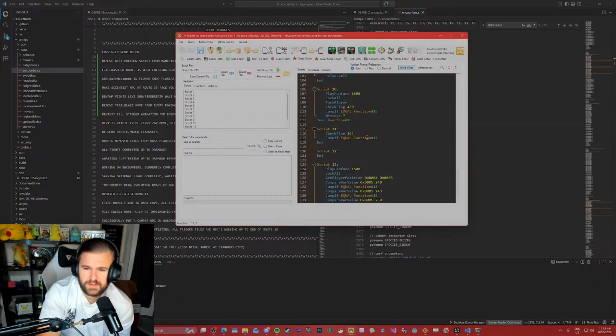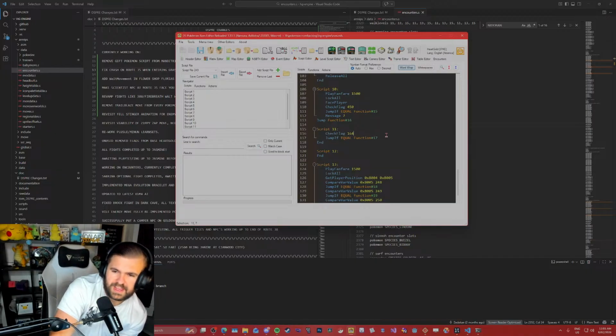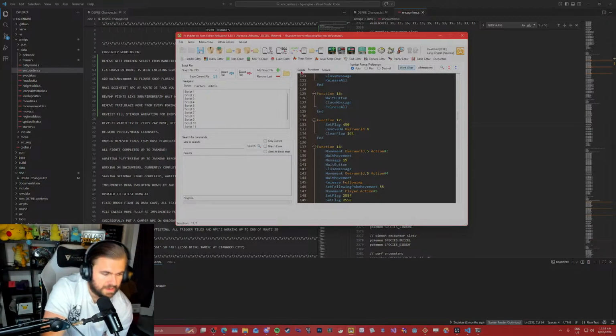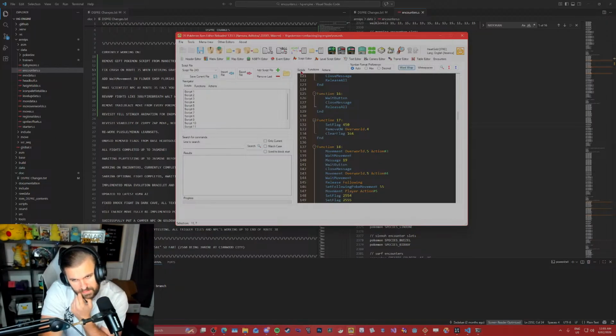How does he get to function 17? Yeah, so it just checks if a flag has been set. And if it has, jump to function 17 and then set another flag and then remove overworld and then clear flag 164.